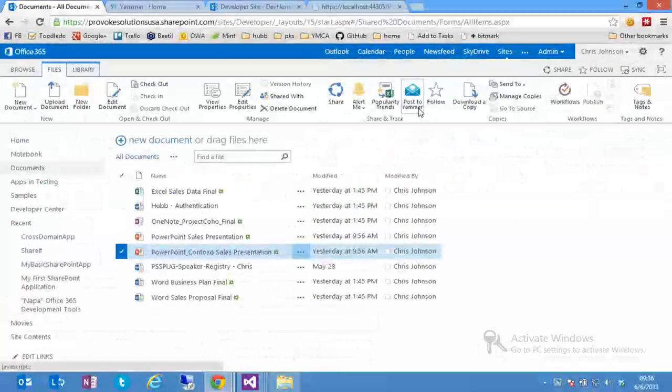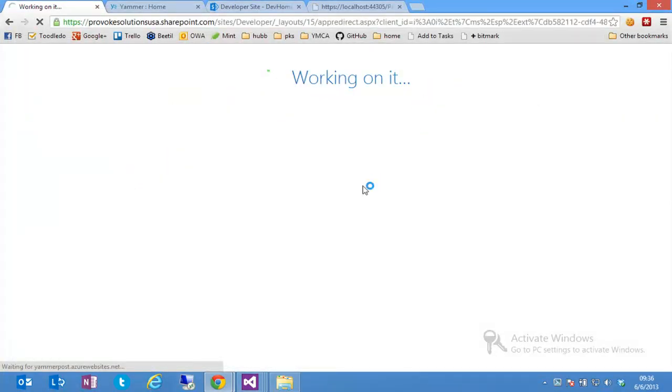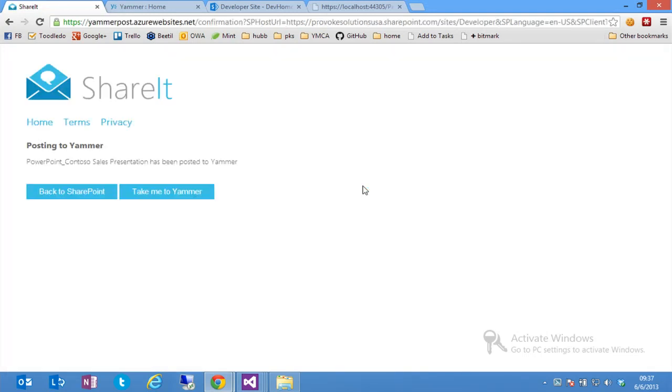So I can go and say to Yammer, hey, I want to authenticate with you through the OAuth flow and ask for permissions to post and so forth. Then I get that same concept of a token back. Then I can use that token to post to the Yammer APIs, like the REST APIs and the Open Graph APIs. When I click Post to Yammer, it's going to go through that flow. I believe I've already logged into Yammer, so it shouldn't prompt me. Then it's going to post to the Yammer feed, and I'm given a final confirmation saying, hey, I've posted. Then if I say, take me to Yammer,